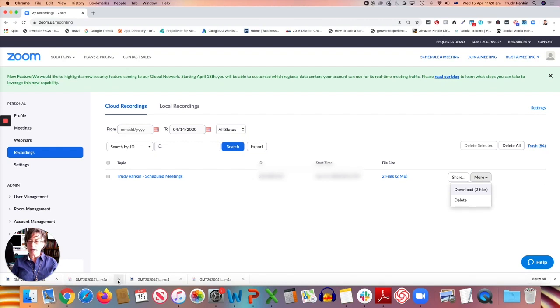And for me, I can go down here and click on the arrow and say show in Finder. It's going to show me where my videos are. You may have a different type of operating system and it might be different, but it's wherever your computer stores the downloaded files. Once you've downloaded them, you can click delete and then you're pretty much finished with that side of things.